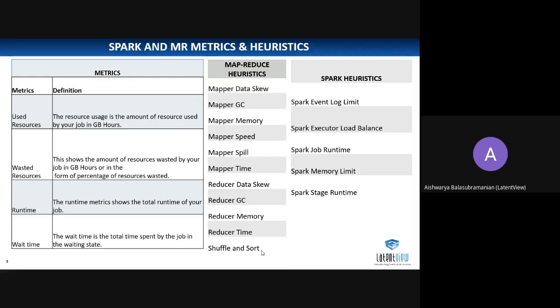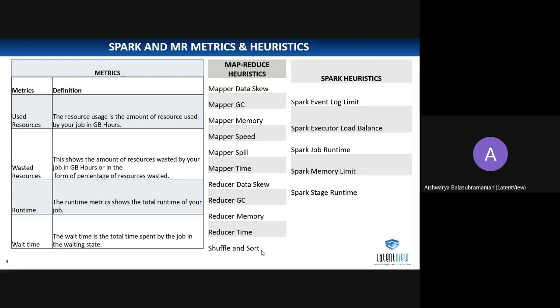Then 4 multiplied by the sum of the mappers and 4 multiplied by the sum of the reducers will be the total consumption of resources by my job. That is used resources. Similarly, runtime is the total amount of time your job takes for the entire end-to-end flow, which is your end time minus start time in milliseconds.